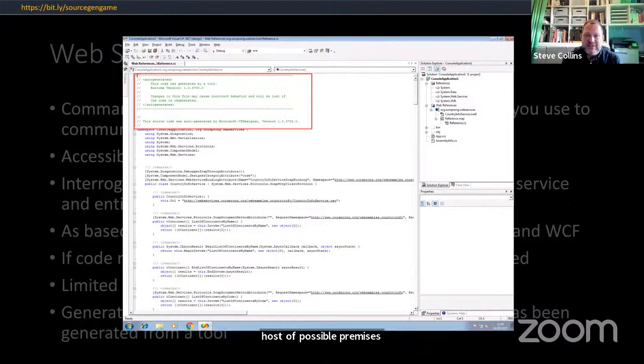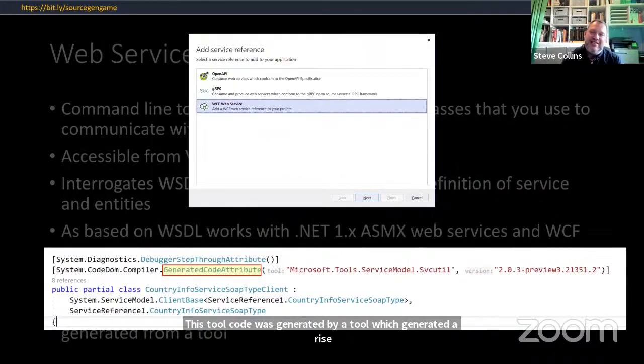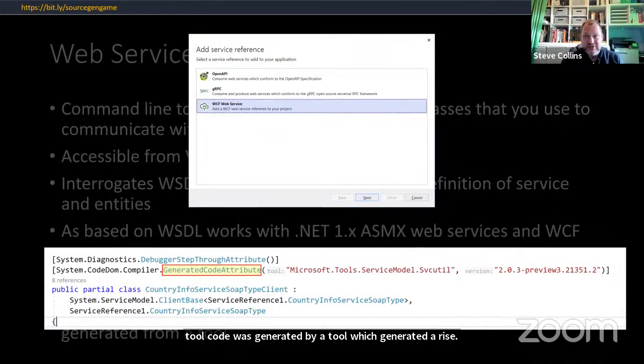So we started to see comments at the top like this: "This code was generated by a tool," which generated a RISE Smart. If you look at VS 2019 and 2022, you now get more service options that we'll talk about later. But what I wanted to mention was that in later versions of .NET, we started to see the use of the generated code attribute. This can be used by the compiler and analyzers to flag that this is not human-entered code, and we don't want to warn about coding standards, because with these hard-coded ones, you had no way of changing it. So if you've got something like ReSharper moaning about the code quality, not a lot you can do about it.